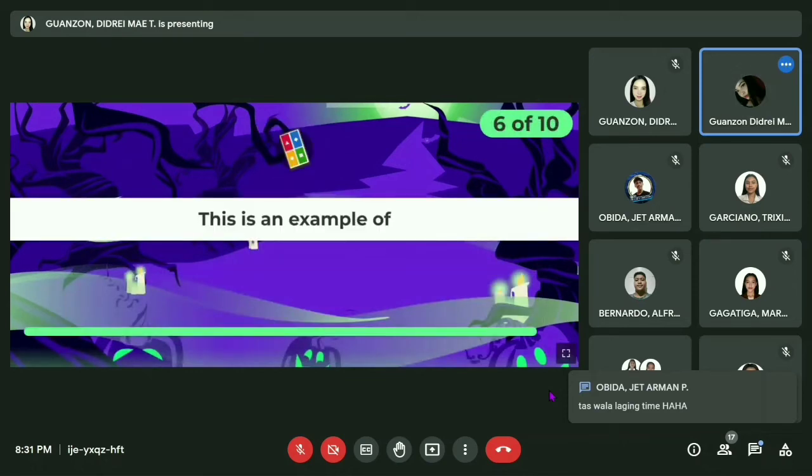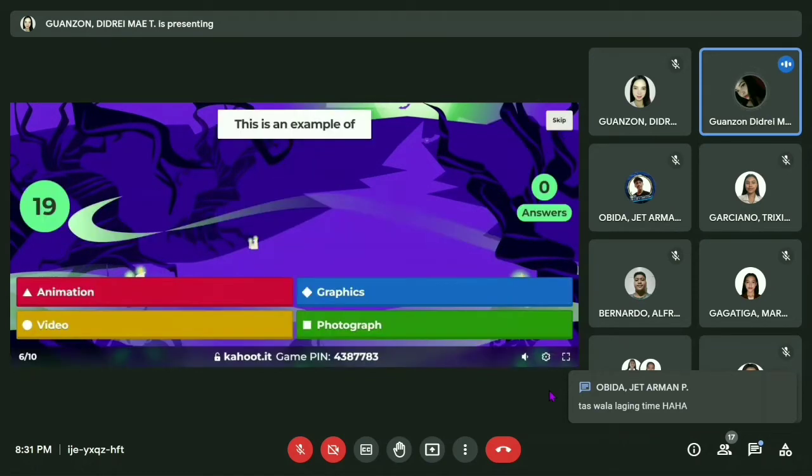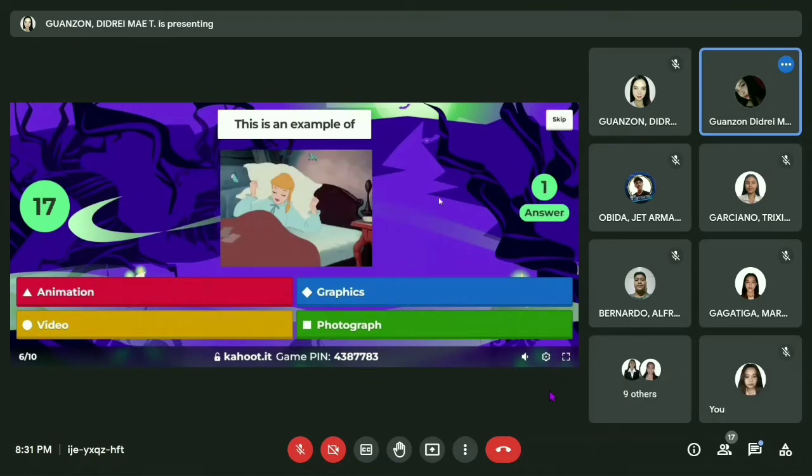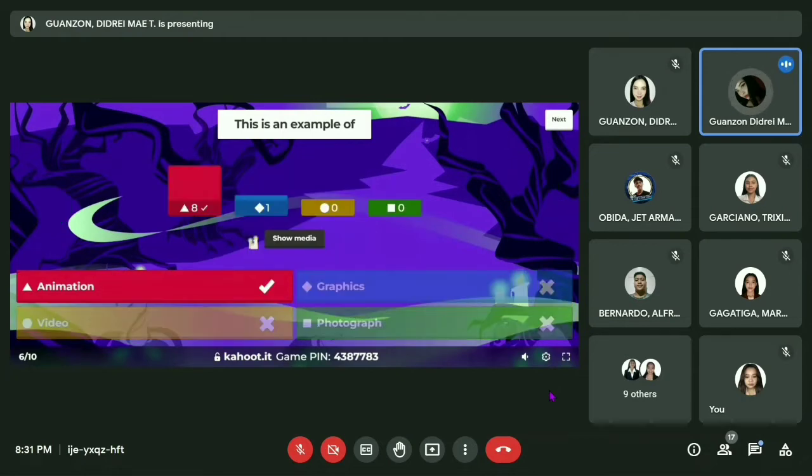Cinderella is an example of animation, graphics, video, or photograph.